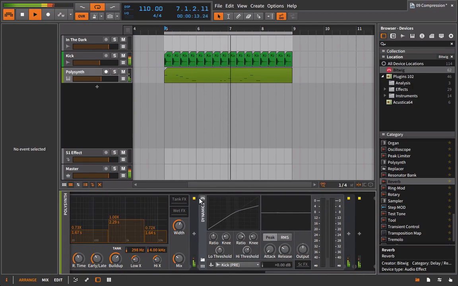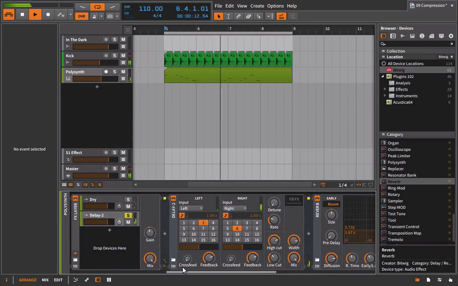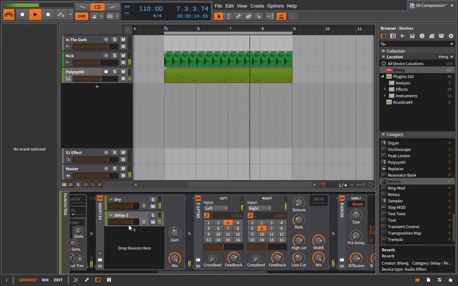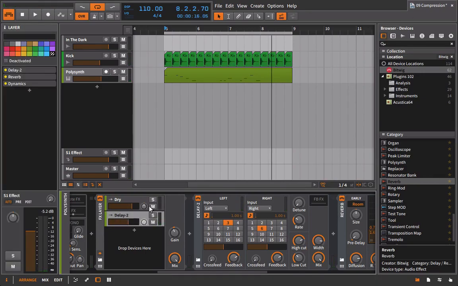Hear it. And then with it on. Nice. This is almost an example where it might be more fun to have the delay even be louder than the dry signal. So not something you would do every day, but